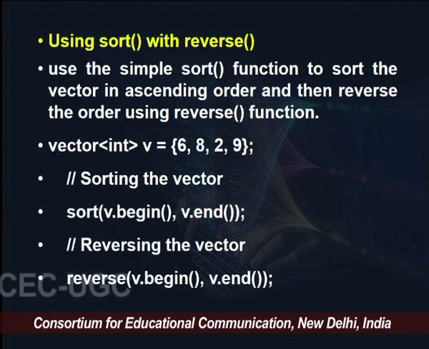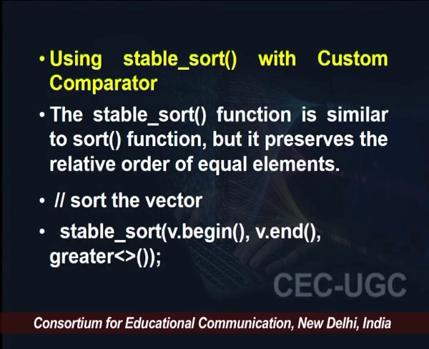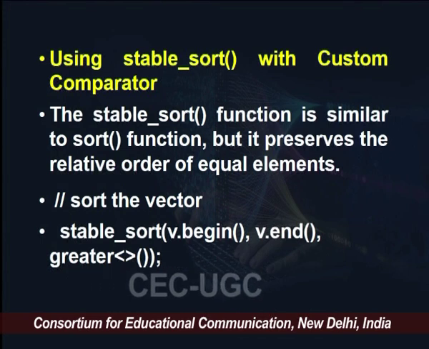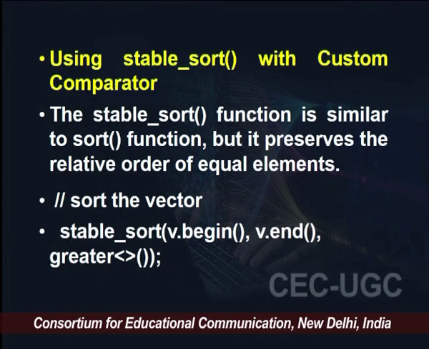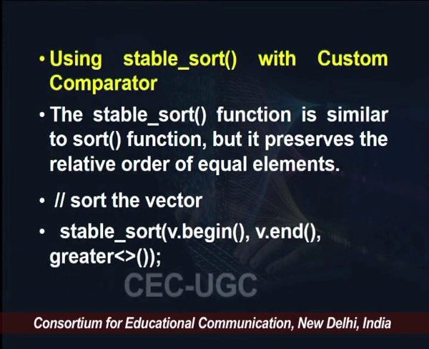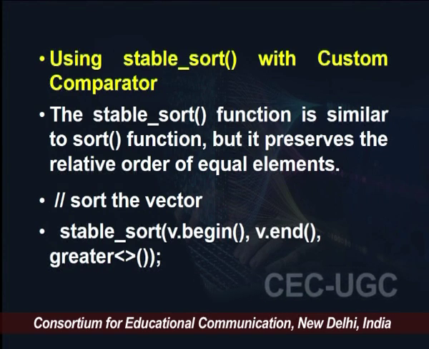sort function. Now, please remember our previous lecture in which we used the function stable_sort, which is written as stable underscore sort. Stable_sort is the function which is going to preserve the relative order of non-unique elements, the elements which are equal. So, we can use stable_sort v.begin, v.end, which we have already used, but